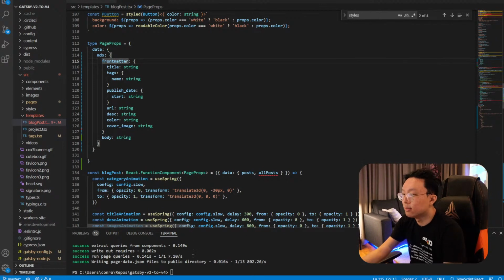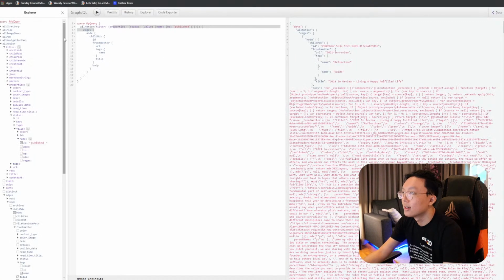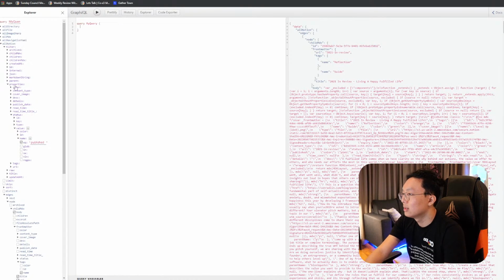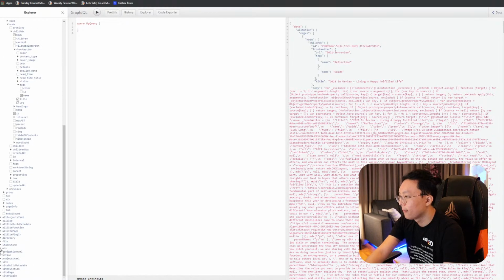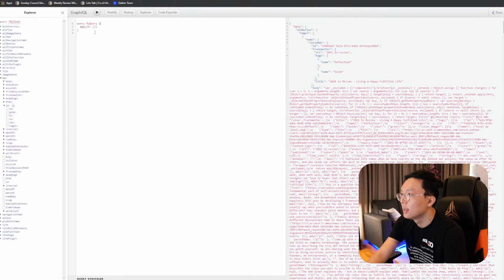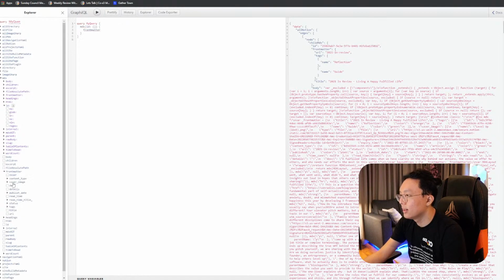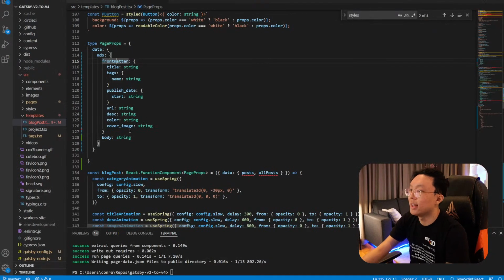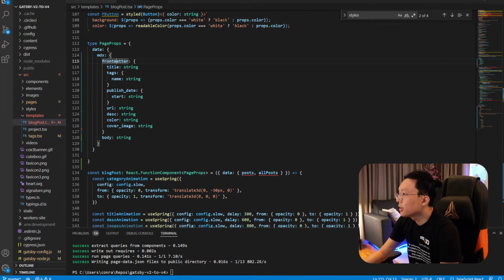Again, you can get all this information from your GraphQL query. So instead, if you didn't go to all Notion, and let's just say I clear this out, and instead I went to MDX, and then I looked for one specific ID, like I showed you earlier. And then on top of that, I'm getting the front matter, and then I'm getting the details and all those different things. You can see it's exactly the same format in here, and we're just copying and pasting from that basically. Okay, the next thing we want to do is get